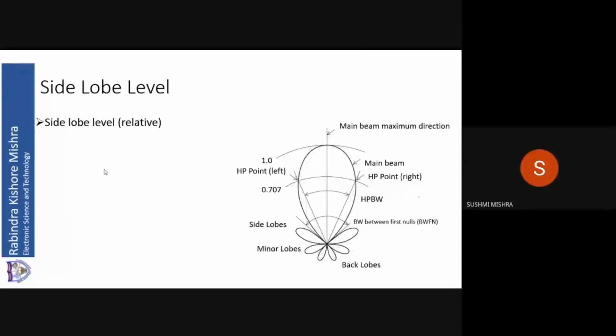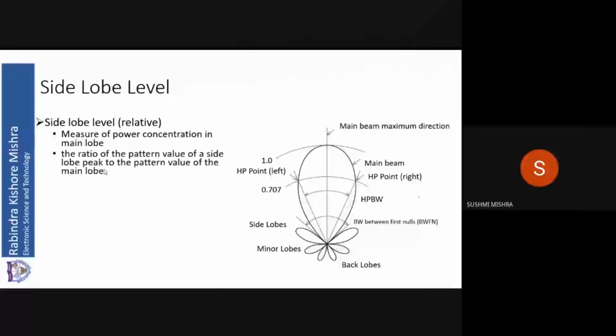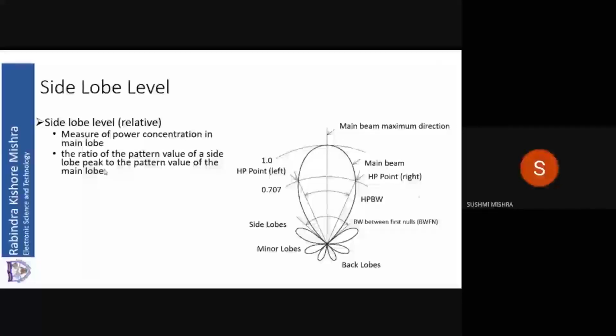Other values will be less than the maximum value. When you divide them by the maximum value, you will get less than 1. So the maximum value of the normalized pattern will be 1, which is the maximum value for the main beam. Then in the main beam, if I come down to half of the power, 1 is my field. This is the field pattern. If I come to the half power point on the left side or the right hand side, what will be my half power point? If the peak is 1,